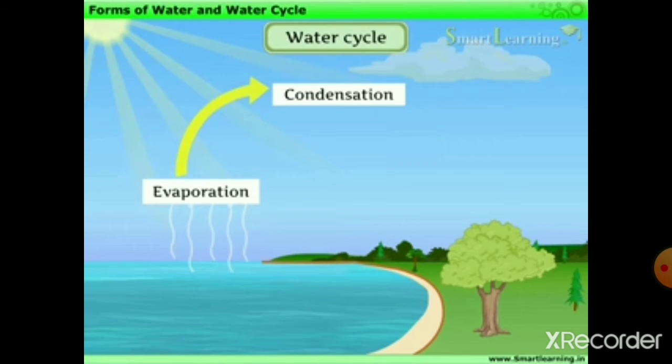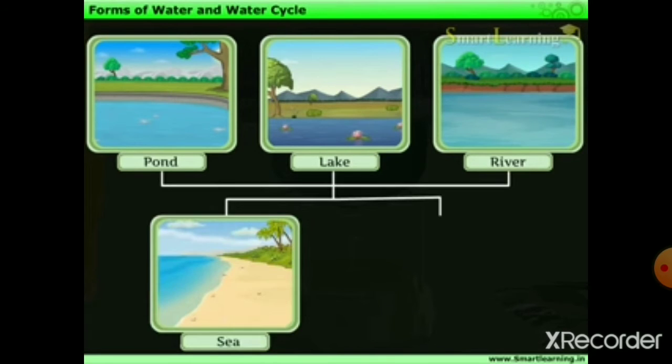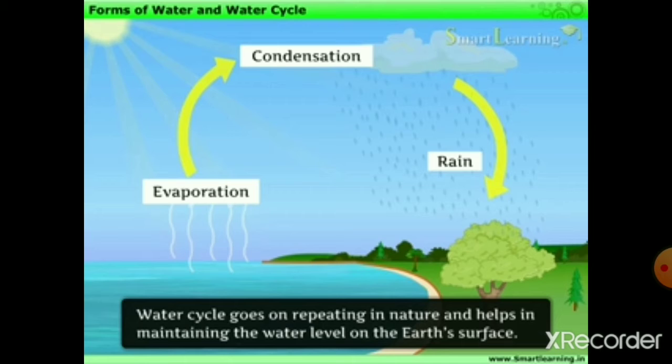On becoming too heavy to remain in air, these water droplets fall down as rain, which is very important for the growth of crops. The rainwater then flows back to ponds, lakes and rivers. Then it goes into the seas and oceans. From the surface of these water bodies, water again starts evaporating and converting into water vapor. This is how the water cycle keeps repeating in nature and helps in maintaining the water level on the